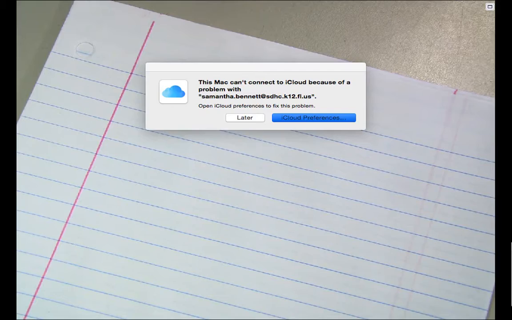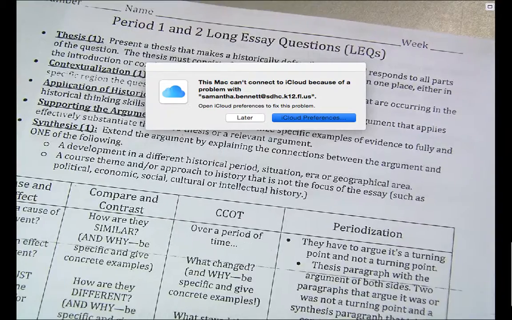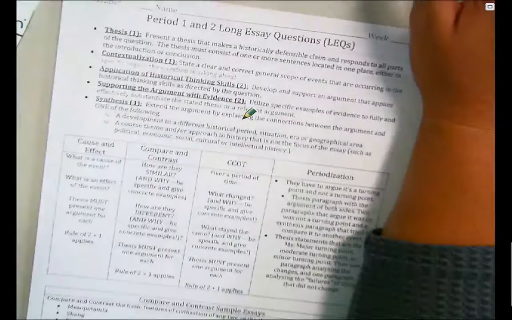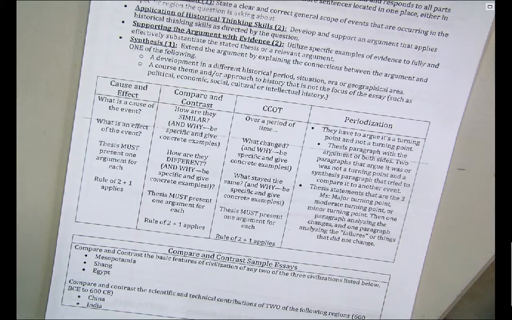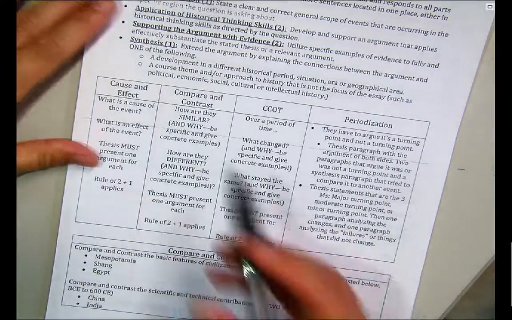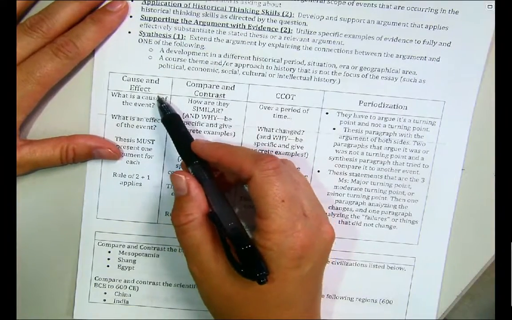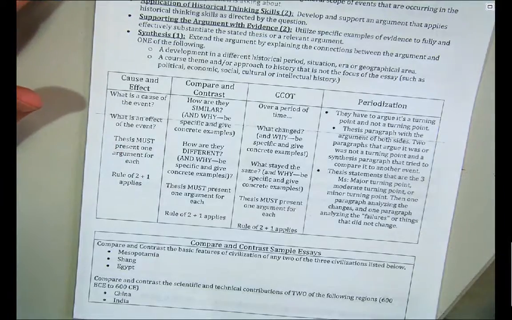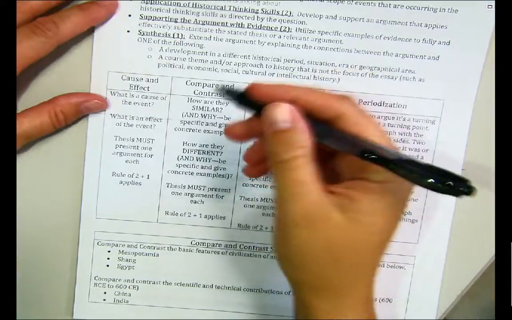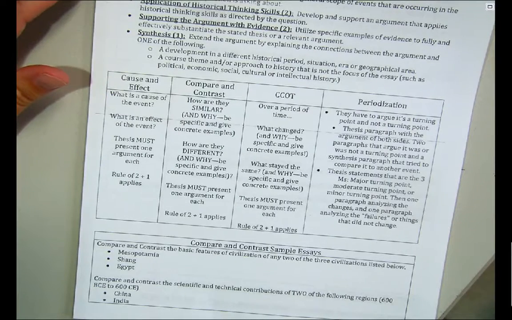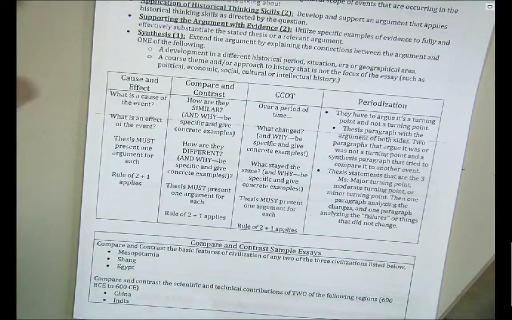So you should have your prompts that you're going to hand out today in front of you. When we talk about LEQs, there are 4 different types of LEQs. On your exam on May 16th, you will have 3 options. They're all 3 different essays from 3 different time periods. One of them is a cause and effect. Okay, cause and effect is literally this happened and this is what occurred. Compare, contrast, where it asks you to look at 2 civilizations and compare them. What is similar, what is different, very basic.